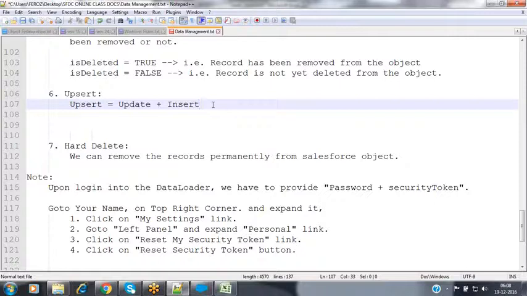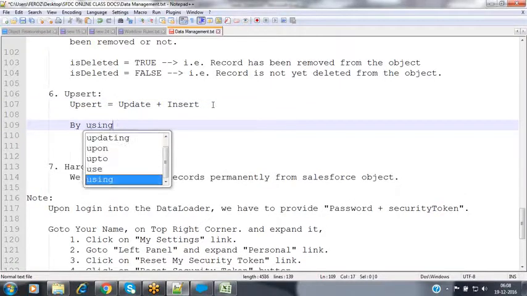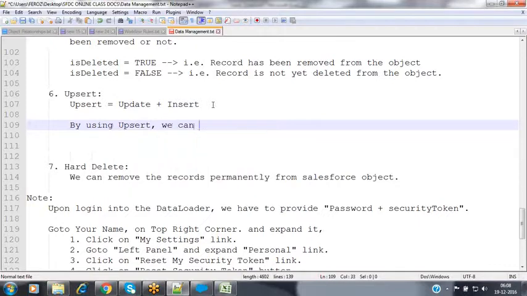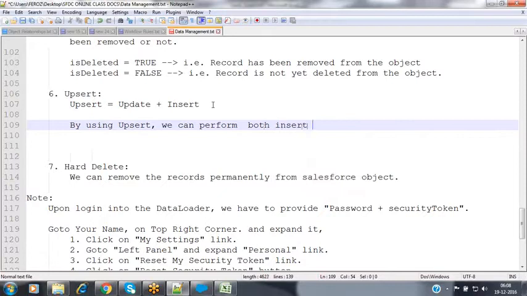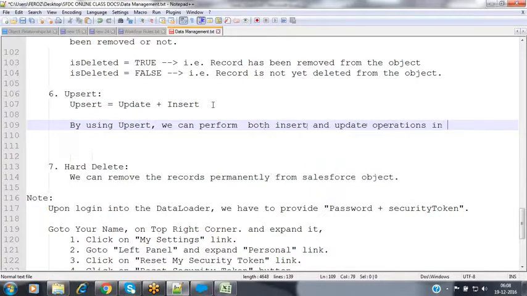Upsert is a combination of insert and update. By using upsert, we can perform both insert and update operations in a single attempt.